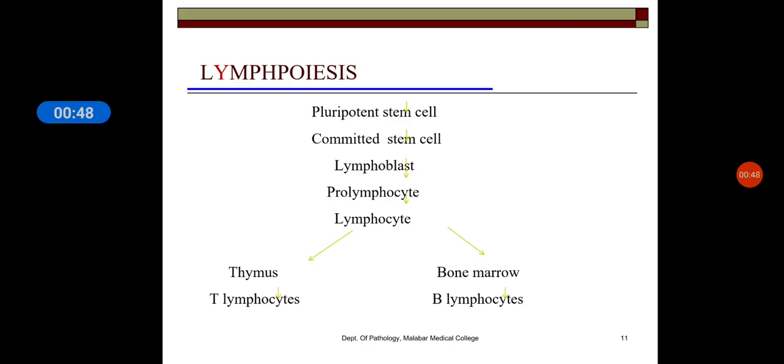Lymphocytes are agranulocytes. Which is the other agranulocyte, you know? They are monocytes. So you start off with pluripotent stem cells and you have committed stem cells. You have a lymphoblast, pro-lymphocyte, and from a lymphocyte they mature into B lymphocytes and T lymphocytes. B, why? Because it matures from the bone marrow, that's why it is called as B lymphocyte. T, because it matures from the thymus, and there is another type also called as natural killer cells. These are the three types of lymphocytes present.